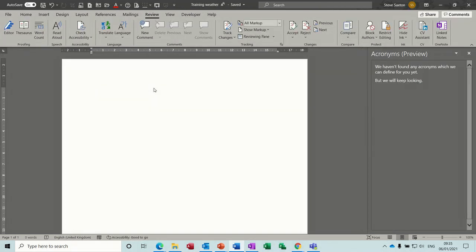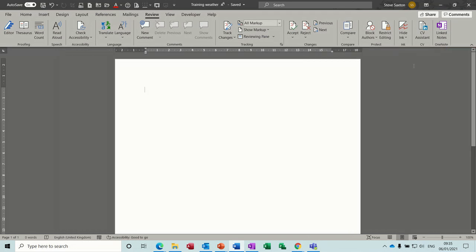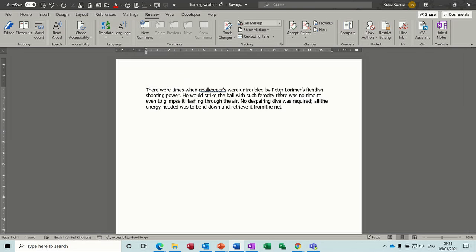What I want to look at in this session is a new feature called block authors. So let's get rid of that. So you can see on the review tab here, block authors. So what this allows you to do is stop us editing a block of text when you've not finished. So basically I'll just type in some auto text and get some auto text on the screen. So let's say I don't want this